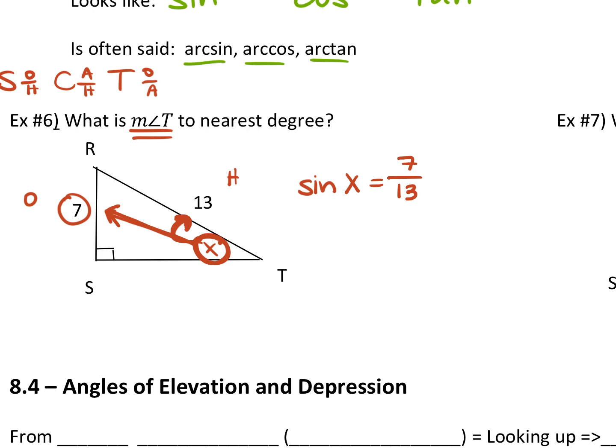So it makes sense. We're always starting at the angle, right? Even if the angle is our unknown, we're still starting from there. So that's your jumping off point. Start at the given angle. From that angle you have the opposite, that's your 7, and you have the hypotenuse, the one across from the right angle. So you have opposite and hypotenuse. That is what tells you we're here. Does that make sense? So then you say the sine of the angle, which is our unknown, equals 7 over